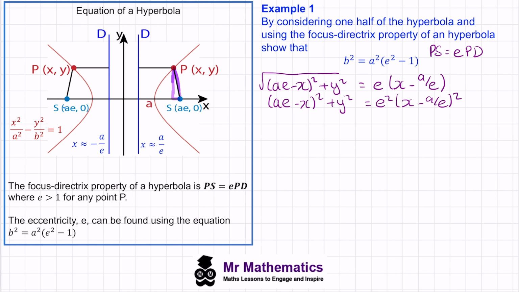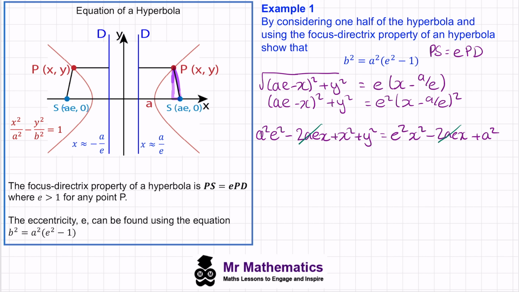And we can expand out both pairs of brackets, so now we get a squared e squared minus 2aex plus x squared plus the y squared will equal, we can expand out this bracket and then multiply it all by e squared, and this will give us e squared x squared minus 2aex plus a squared. Now you can see we can cancel this negative 2aex with this one,